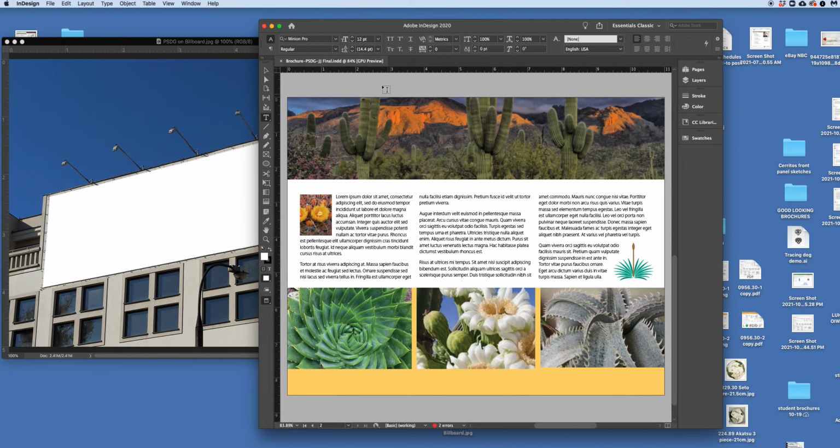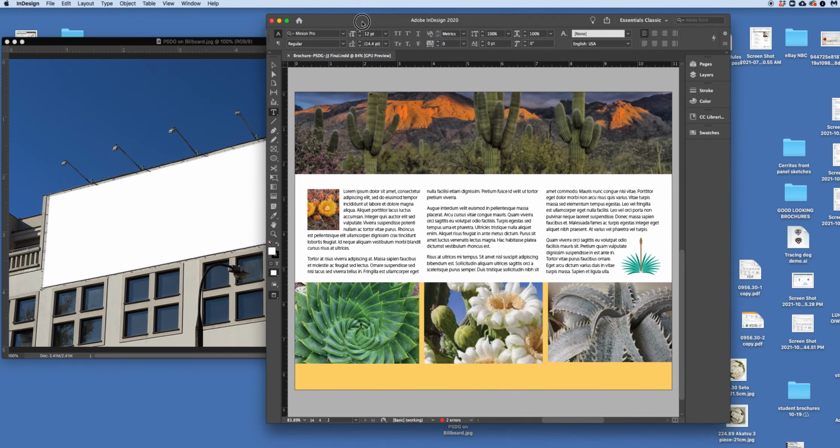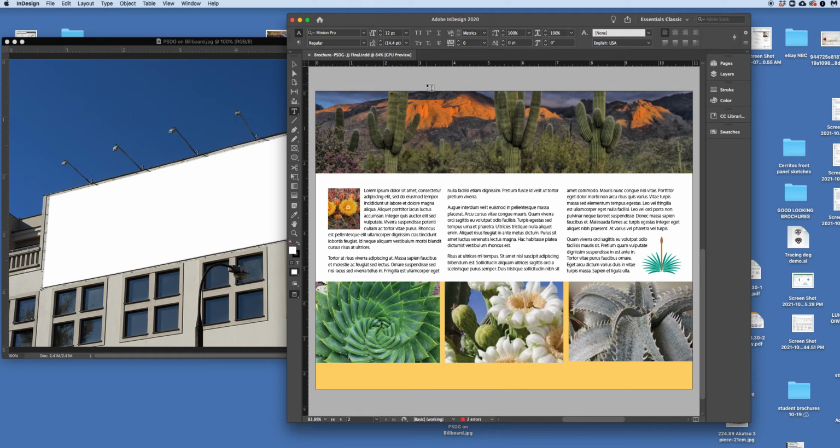What I'd like you to do is go ahead and just open up your brochure that you did in InDesign and have it ready, because you're going to be using some of these photos, one or more than one, for your billboard. All right, so let's open up InDesign. Actually, it is opened up, so let's just do Command N for a new